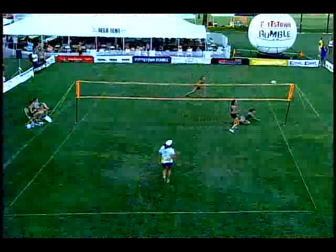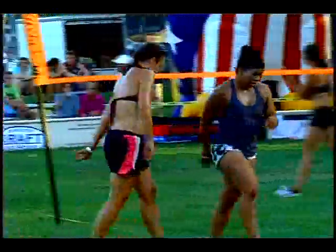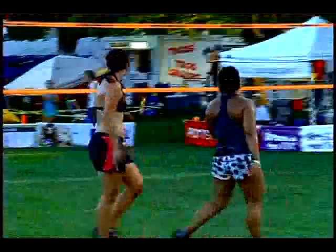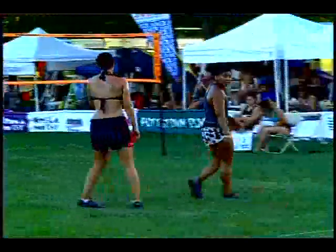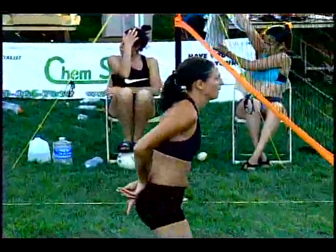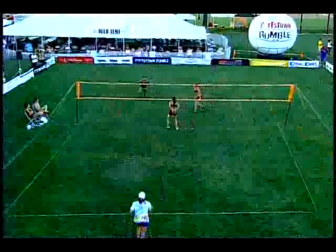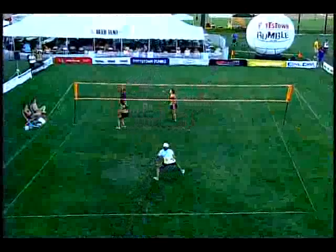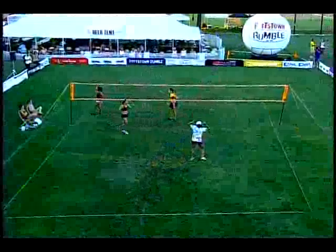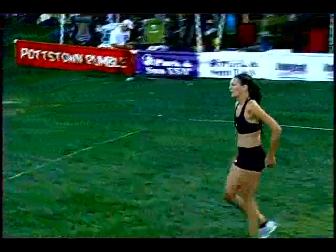And there's a net ball and another scoring point for Montoya, as it seems that they are starting to assert themselves a little bit more and establish the dominance right now that they were looking for, up by 6. That little bit of fatigue from serving her constantly at the beginning and having her jump and block, that's what's going on right now. And you can see Semic there giving the signals to the server, Sandra Montoya. She goes up and tries to go for a block, and that is wide,